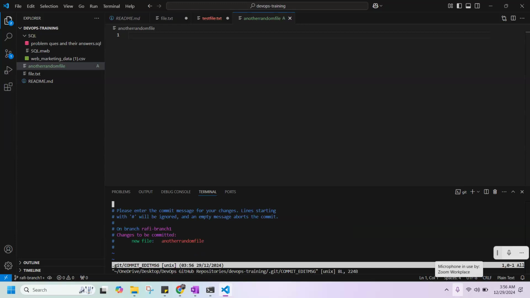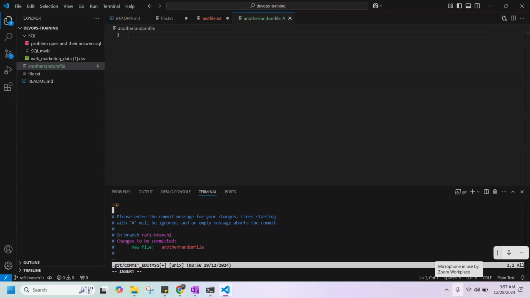Press Control C. Type colon QA colon, not a semicolon, colon, right? Colon Q to exit, press enter. Press Control C again.